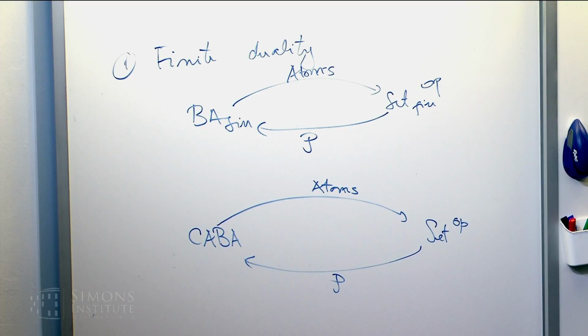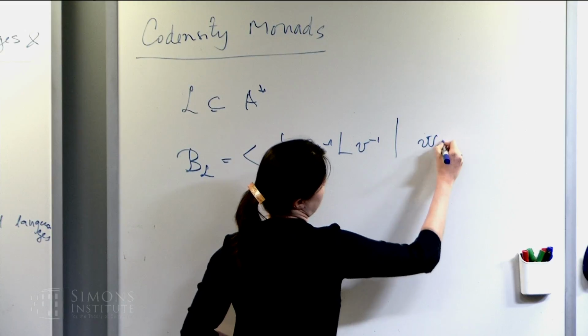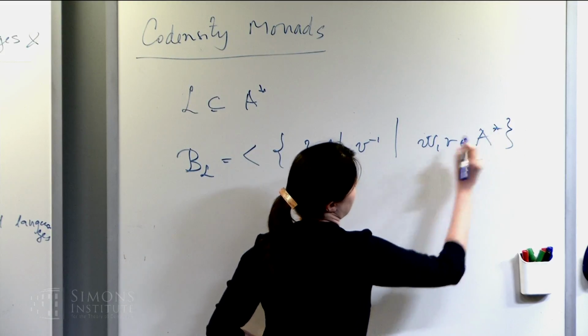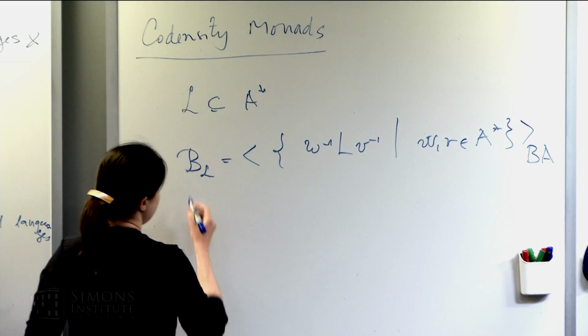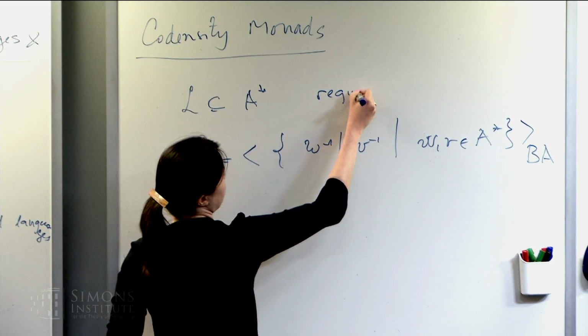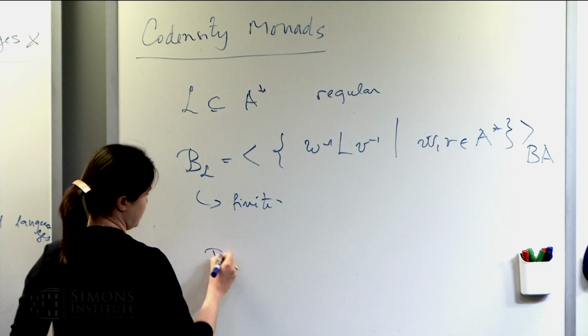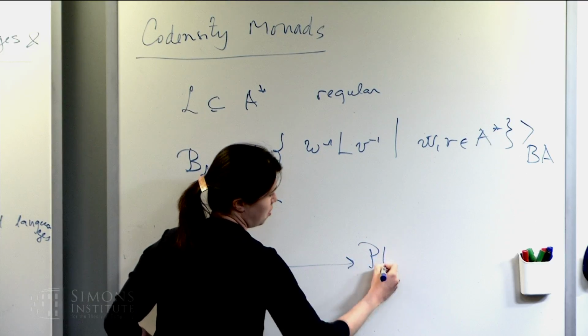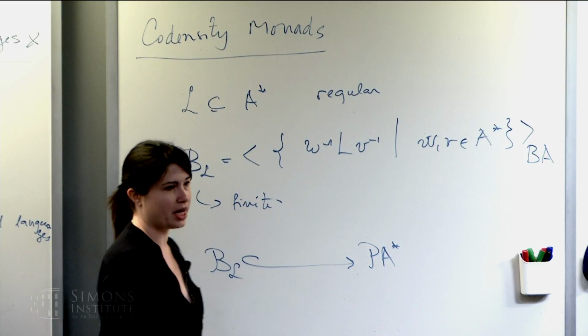So if I start with a language in some alphabet A, I can consider a Boolean algebra which is spanned by the quotients of this language. So I take all of these quotients and I span a Boolean algebra. If the language happens to be regular, then I know that this Boolean algebra is finite. So I have a morphism of, well, actually it's a morphism of complete atomic Boolean algebras. So because